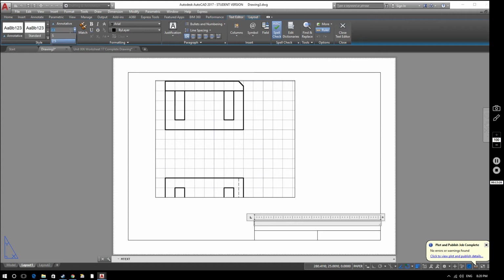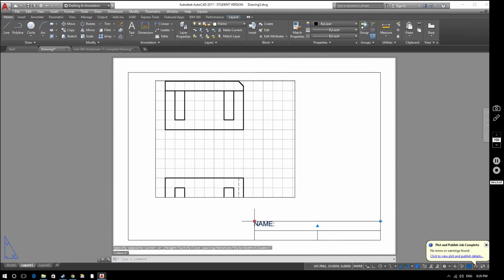So if we set our text height to 5 and just type in name there, that's our text sorted out. And then because that looks a little bit odd set up in that corner there, if we just move it down by 2.5, just going to put my ortho snap on to make sure this goes nice and neatly in the right direction, 2.5, and there we go, and down by 2.5 as well,